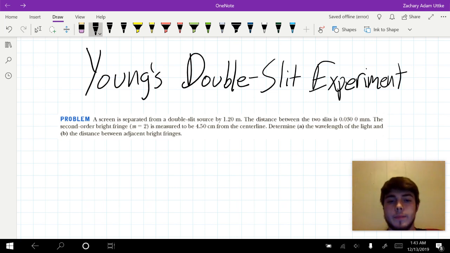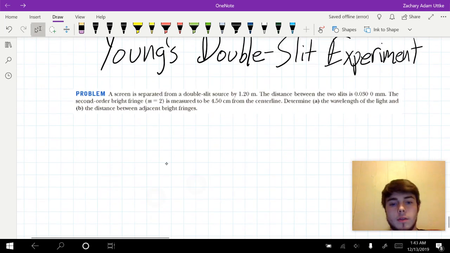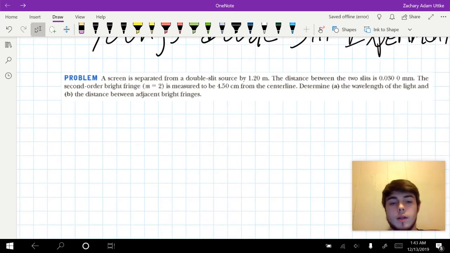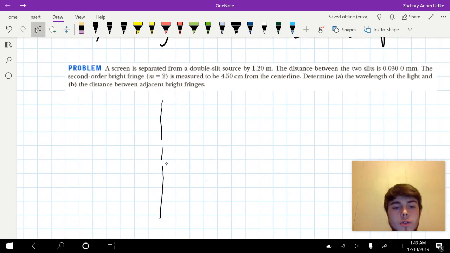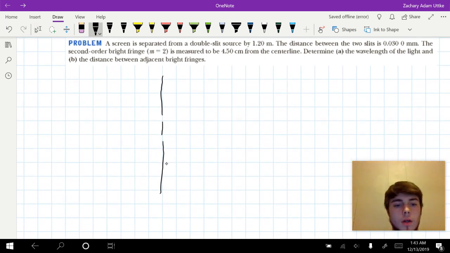Let's look at an example of Young's double slit experiment. And this views light in terms of it being a wave. So let me just draw the typical scenario. It could be anything, like a piece of paper with two slits. So this is slit 1, slit 2,